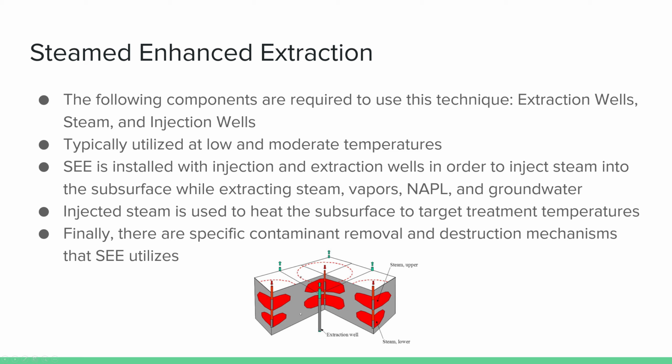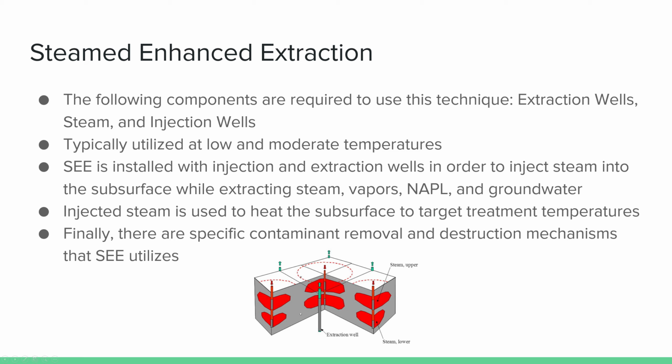It also requires the use of injection wells that are constructed with special equipment that can both control and monitor the pressure along with the flow of the steam that is being injected into the subsurface itself. Most importantly, at active industrial facilities, this technique is applied by using excess generation capacity of pre-existing stationary boilers. SEE is used at low and moderate temperatures and it is installed with both injection as well as extraction wells